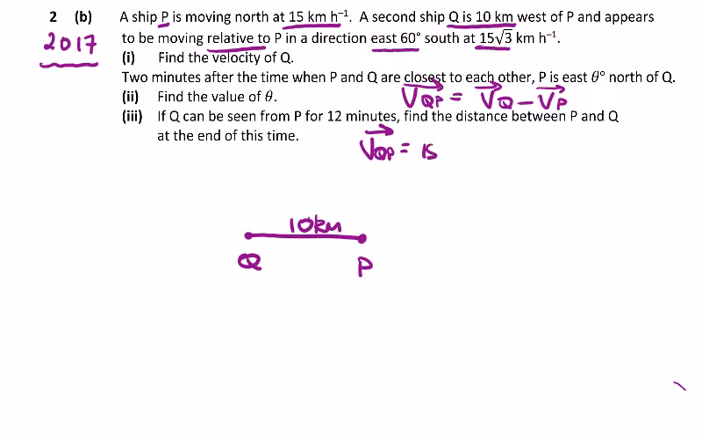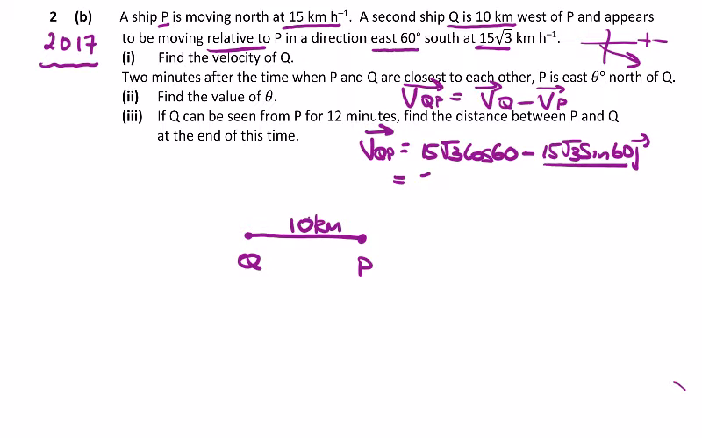is 15 root 3 by the cos of 60 in the I direction, and let's just get the direction here. East south is positive negative, so negative 15 root 3 sine 60 in the J direction for my velocity of Q relative to P. If we tidy this up, the sine of 60 is root 3 over 2, so the cos of 60 is a half, so dividing this by 2, we're going to get 7.5 root 3 in the I direction,